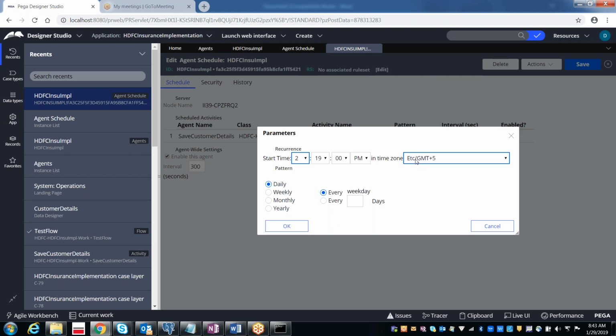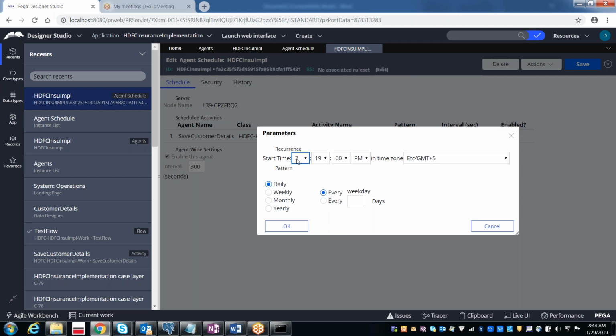Otherwise, what will happen is, if I specify the Indian time zone, at midnight 12, the agents are going to run as per the IST time zone only.